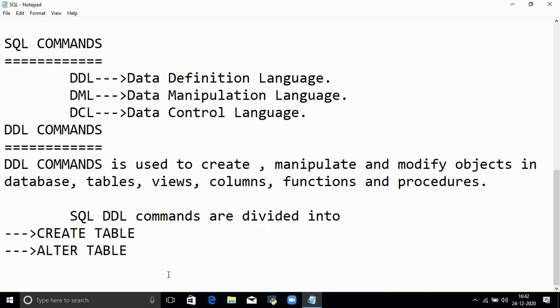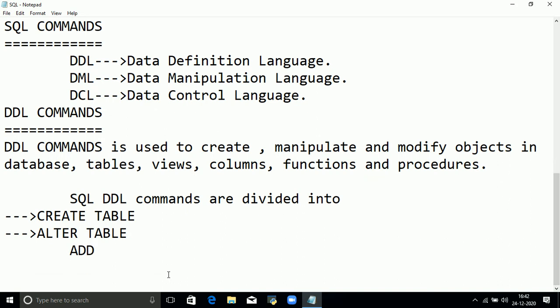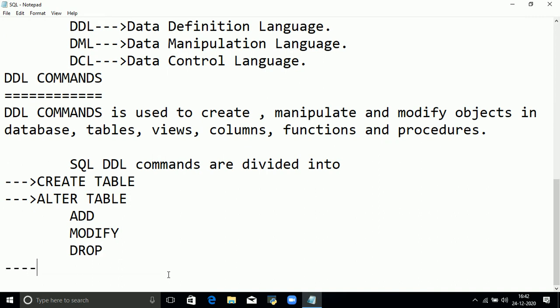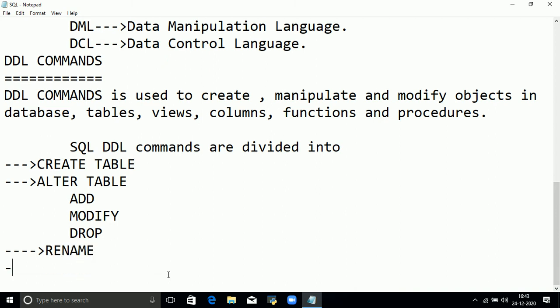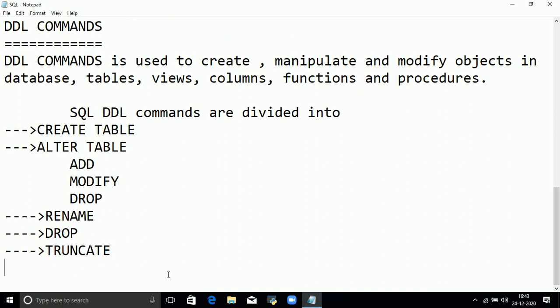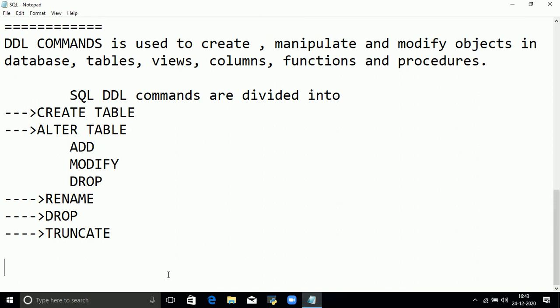In alter we use the add command, modify command, drop command and rename command, then the drop command and truncate command. So let us discuss one by one.